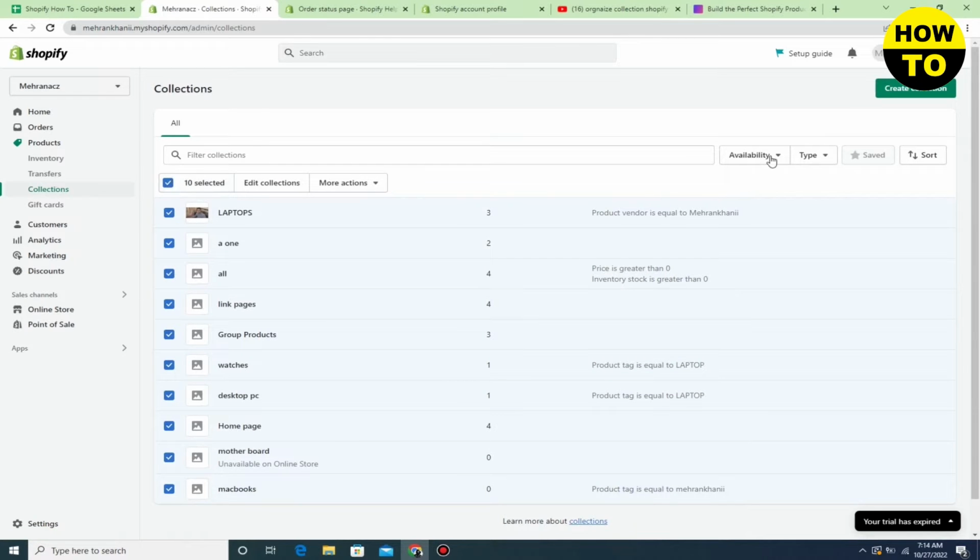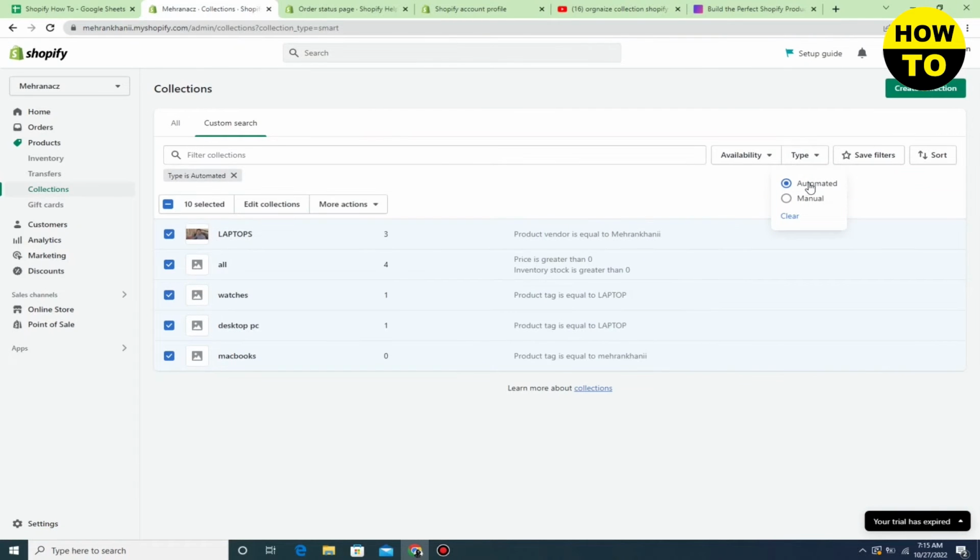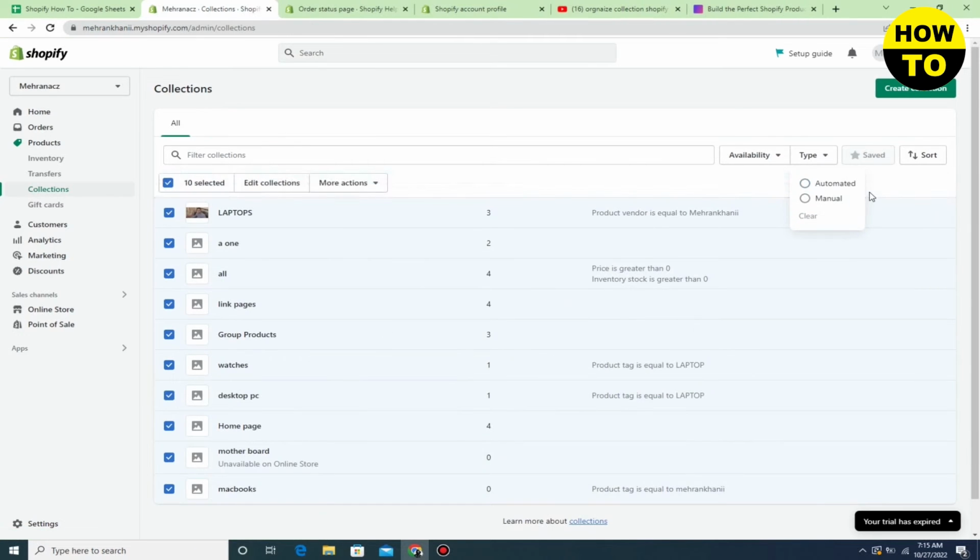So how to organize it: just click on availability and here you can set it or organize it according to availability. Here you can organize it according to your type, like manual or automated. After that, clear it, and now here you can also